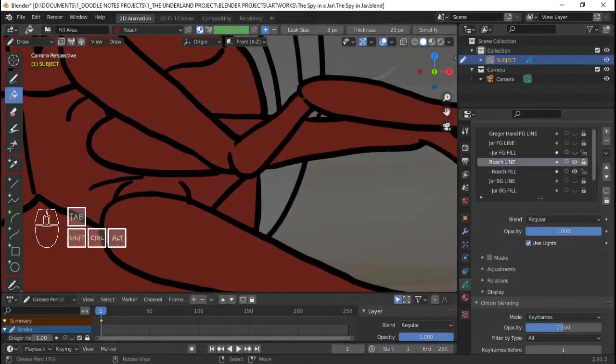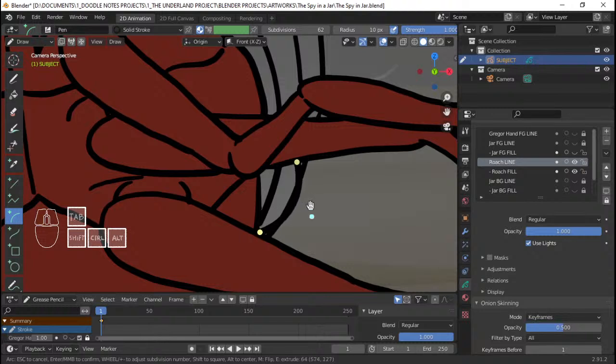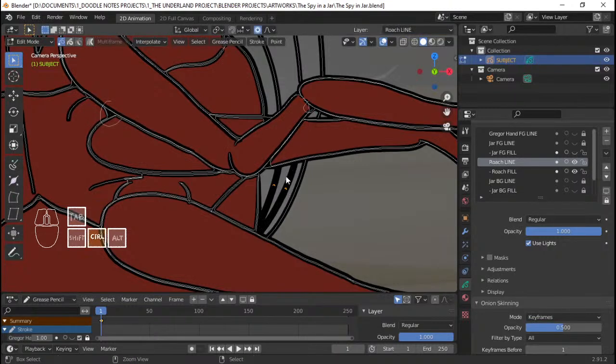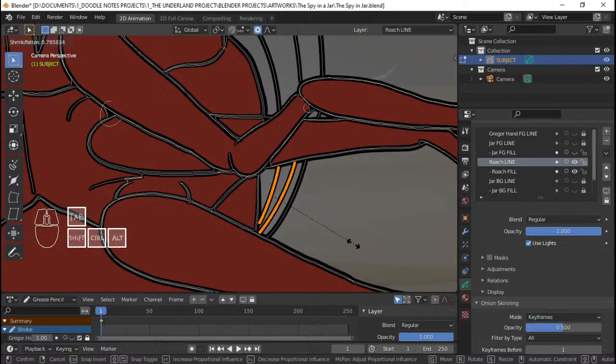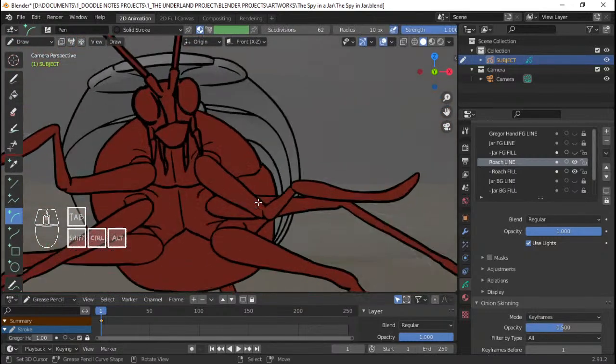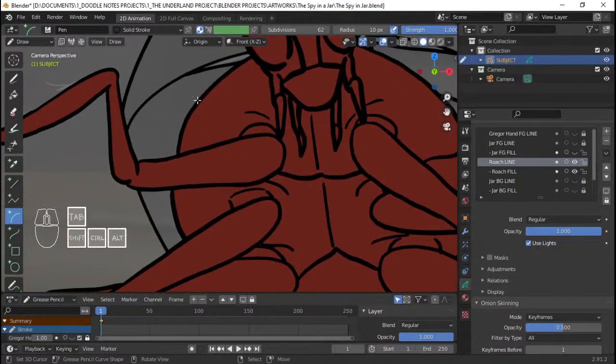I might have to go to Roach line here and add more lines, because this needs to... what's happening here? Oh yeah, it's locked. So I'm just gonna do something like this and continue this line right here, this curve of the wing here. Something like that. And the other one like this. So to have that, I'm gonna select both of these lines here. I'm gonna Alt S, slightly matching the line there. I'll probably also have to make the other wing here.